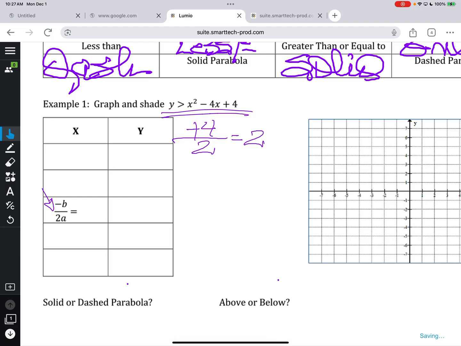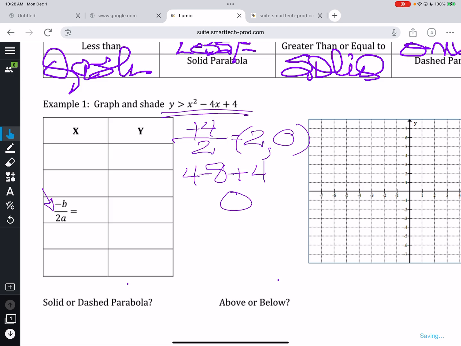Then when we plug that back in, what do we get? 2 squared is 4. 4 minus, negative 4 times 2 is 8, plus 4, and that gives us 0, because that'll be negative 4 plus 4. Everybody good with that? Yep. So here is our